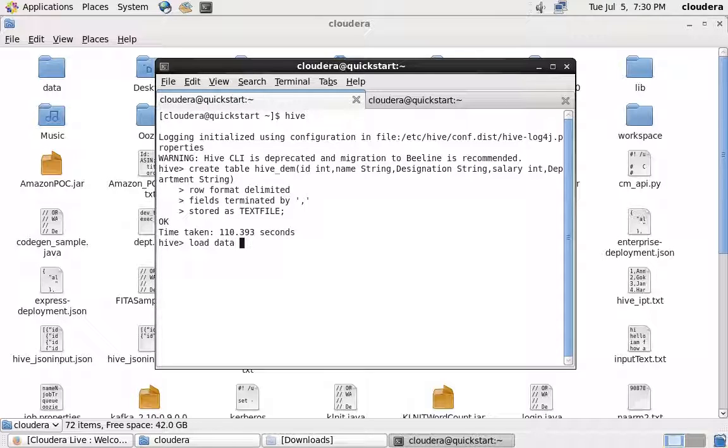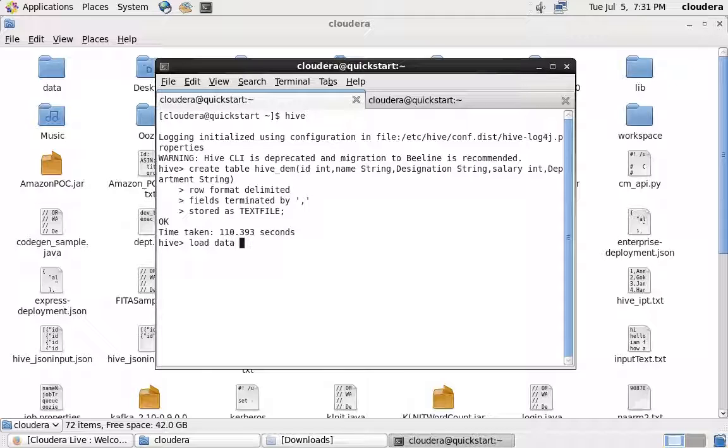Here, we don't have separate Hive local mode and Hive HDFS mode commands to log into the Hive shell. The only command we have to log into the Hive shell is just hive. When you enter hive and press enter, it will automatically take you into the Hive shell.